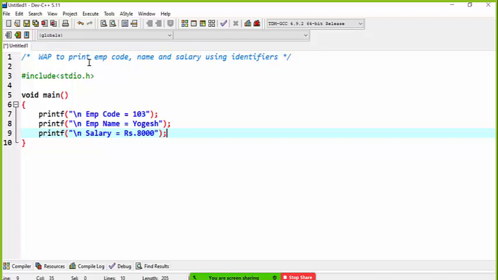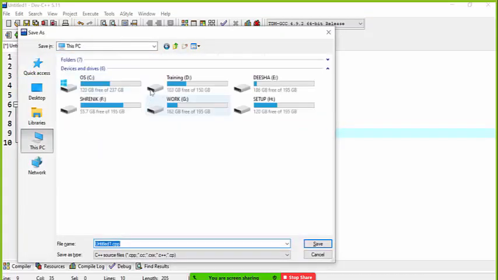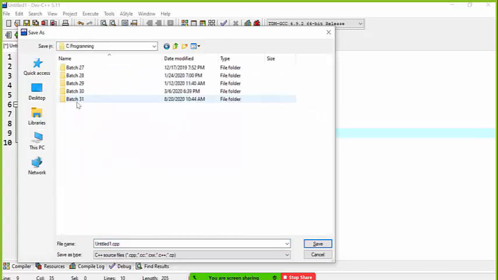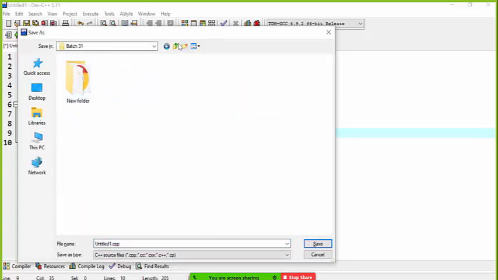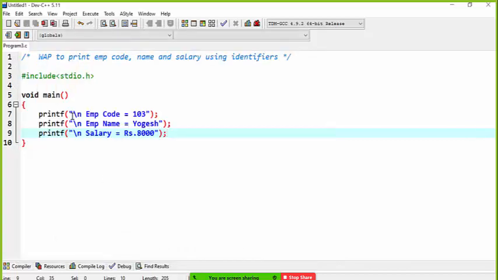And how to run the program? First save the program. I save this program in one of the folders. Here I just create another folder, or directly we save it as program number 3.c. This is called source code.